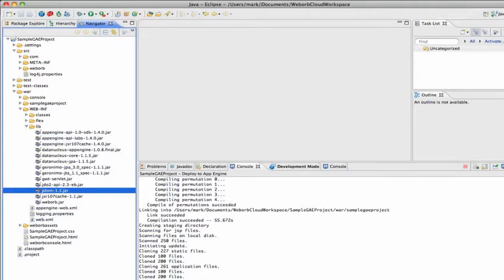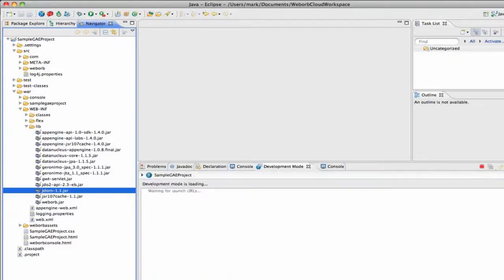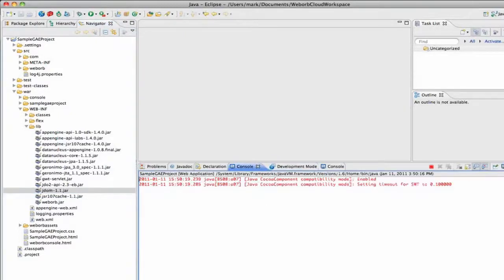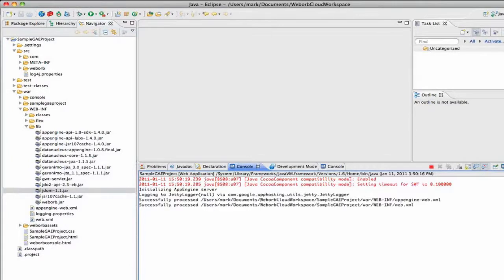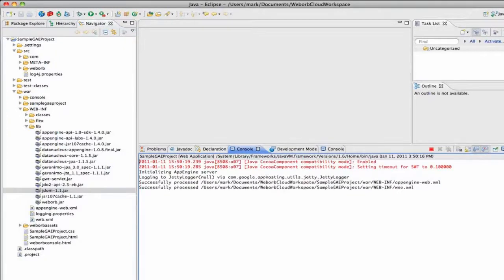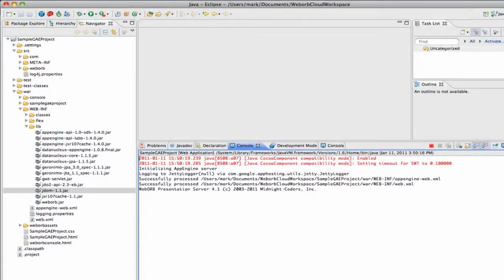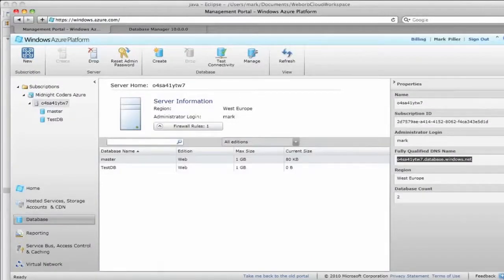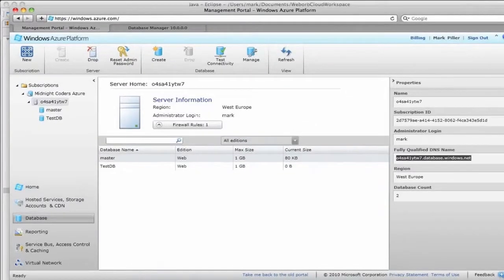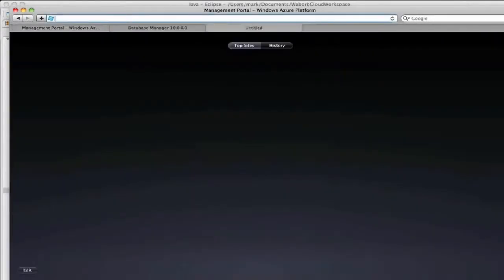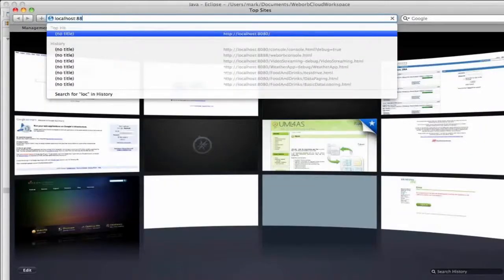All right. So once you have all this, you can just run your server locally. Here it is, launching WebORB as a part of this project in a local development server, or you can deploy it into Google App Engine. So here it is, WebORB started, and if I come on Safari, here it is. So if I go to localhost 8888,